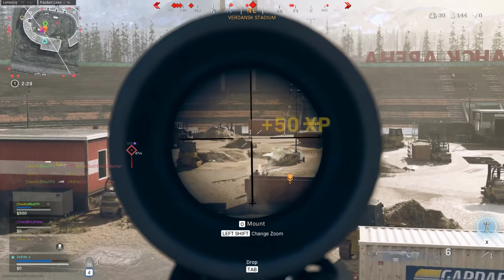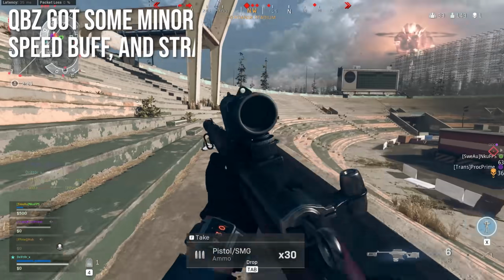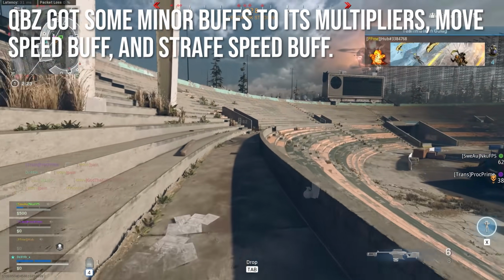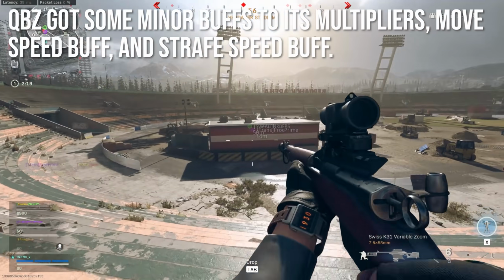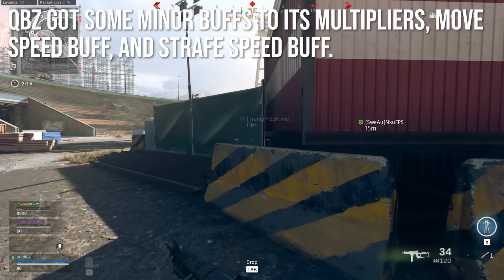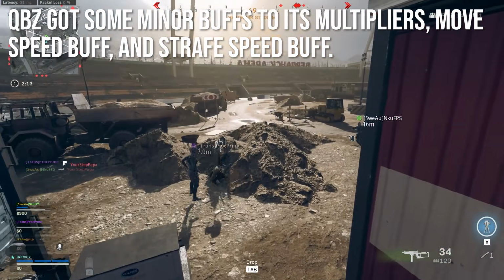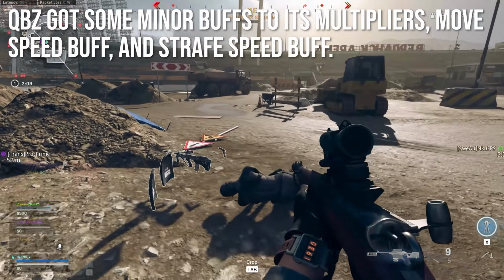The QBZ is kind of an odd duck of weapons, a black sheep in the assault rifle category. It gets some minor buffs to its body multipliers, moving up from 1 to 1.1x all the way through, so it'll deal a little bit more damage when you hit people in the chest. Interestingly, with this weapon, they decided to give it an overall movement speed buff, so it's one of the faster assault rifles that you can run around with, and a buff to its strafing speed, so you can peek corners and strafe with it really quickly,